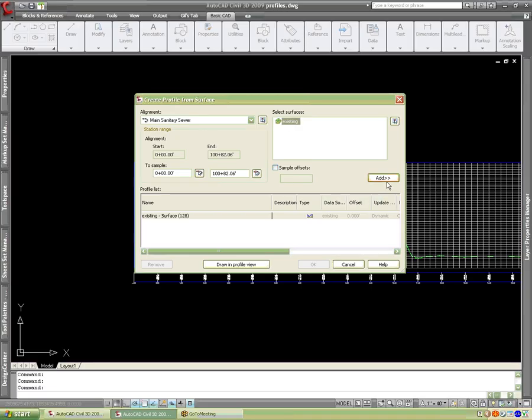You click on it, hit add. You add another profile object to it, which would be the proposed surface. You following me? So if you have proposed surface here, you would click on it, hit add, it would add it to here. Alright. Once you hit